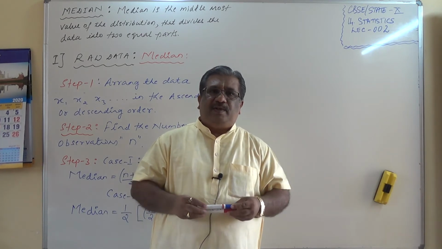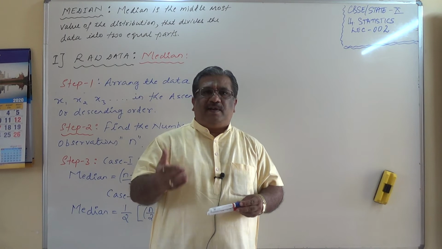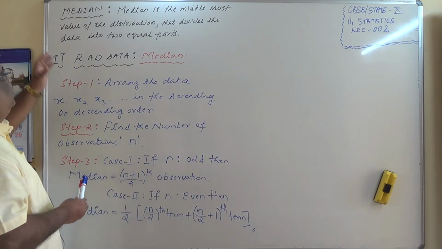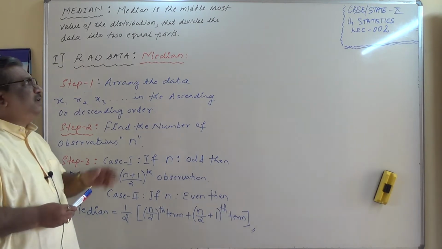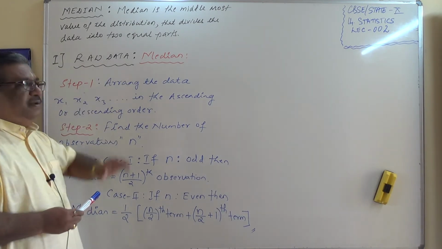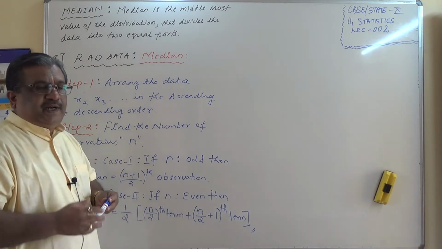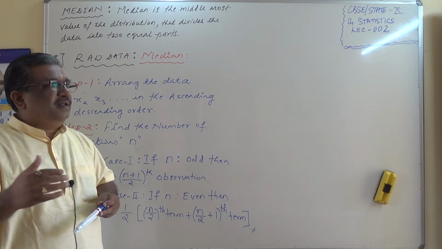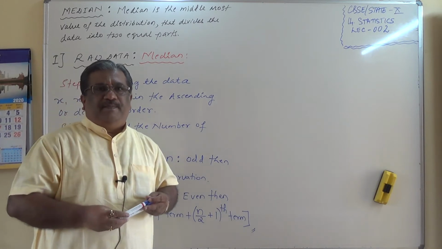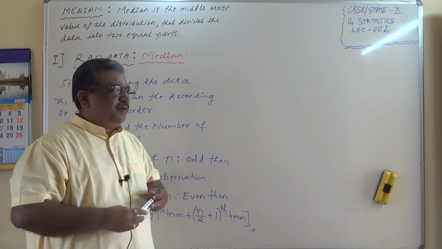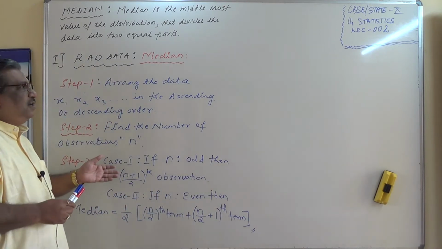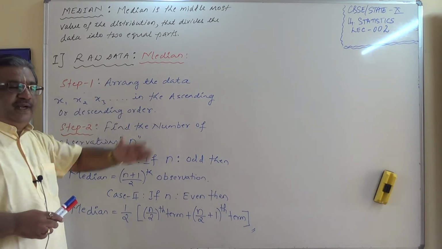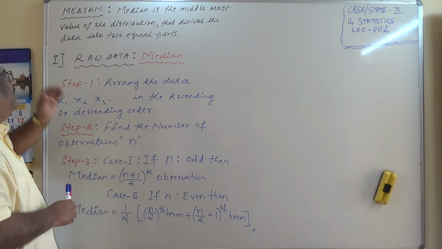In the first lecture we saw how to calculate the mean for different type of data. In this, let us discuss what is median and how to calculate the median for raw data, ungrouped data and the grouped data with exclusive, that is continuous group data. So these are the three things which we are going to discuss. Basically in this section now we will study what is median and how to calculate for the different type of data. How to define a median?